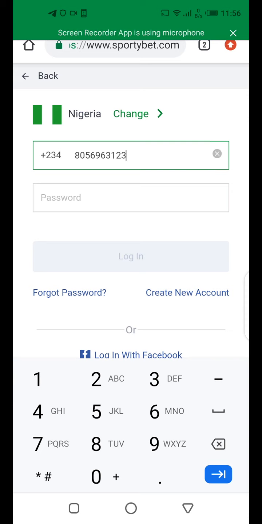And by the next day, if you have won the first day, the instruction will be that you should stake all the amount of money you won on the first day. Let's assume that this one